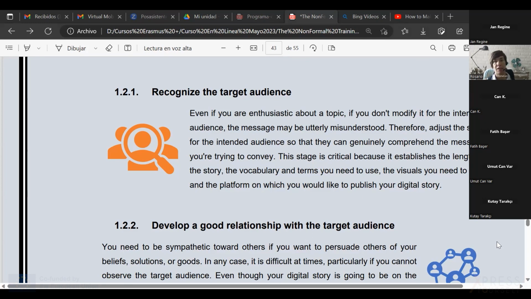So as it says here, you have to adjust the story for the intended audience so they can genuinely comprehend the message you are trying to convey. This stage is critical, as I said, because it establishes the length of the story, the vocabulary and terms you need to use, the visuals you need to use, and the platform on which you would like to publish your digital story, right?